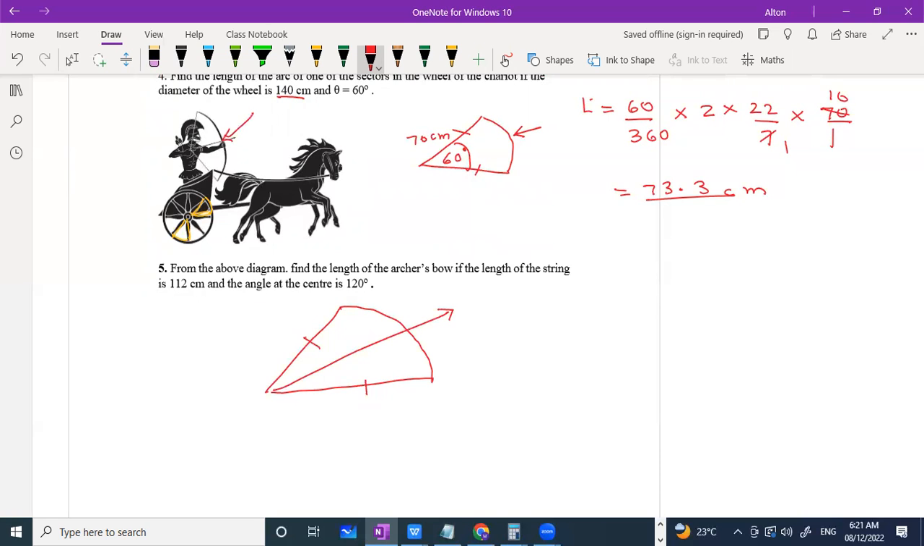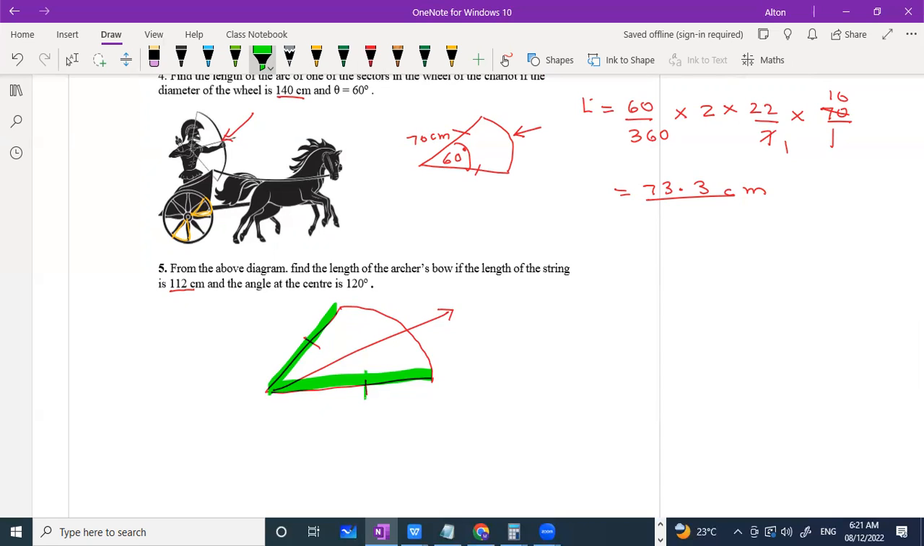And if you are given the length of the string as 112, now we have to be careful here. The entire length of the string is 112. So this distance plus this distance is 112. So therefore, it's something like the diameter. If the diameter, which is 2 times the radius, is 112, then it means that the distance we need, using the formula,